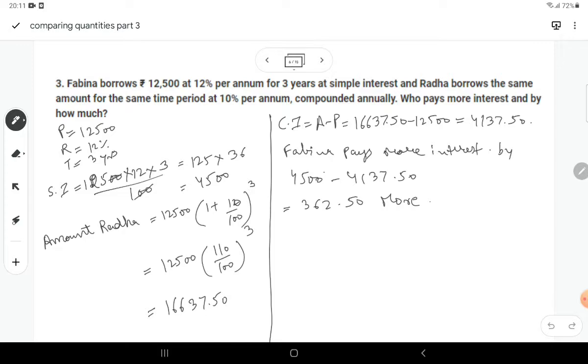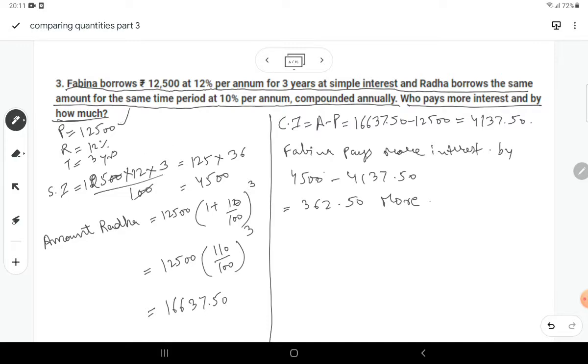Moving on to question number 3, it says Fabina borrows rupees 12,500 at 12% per annum for 3 years at simple interest, and Radha borrows the same amount for the same time period at 10% per annum compounded annually. Who pays more interest and by how much? So first for